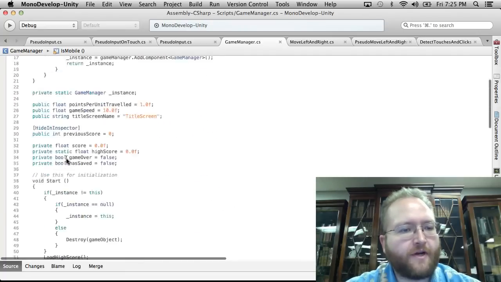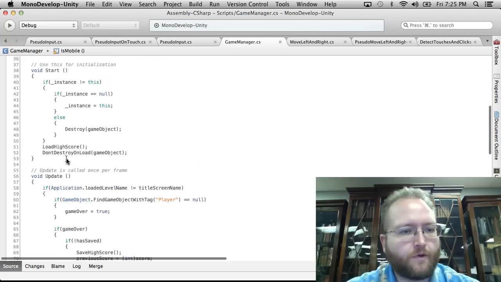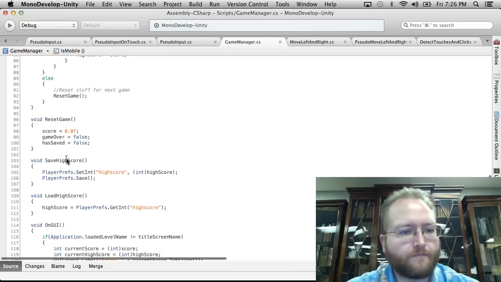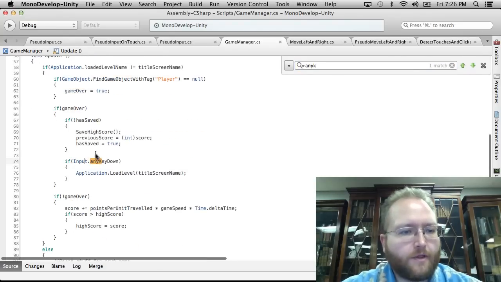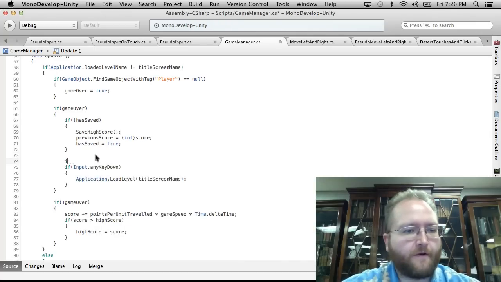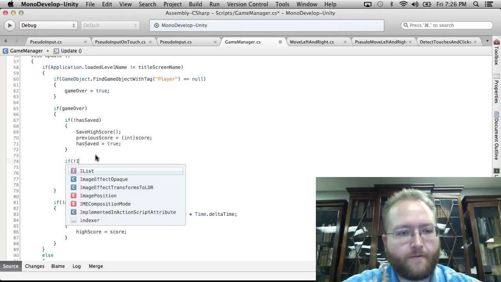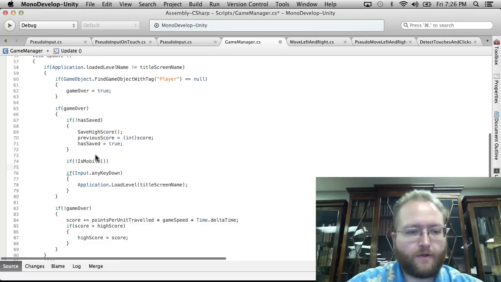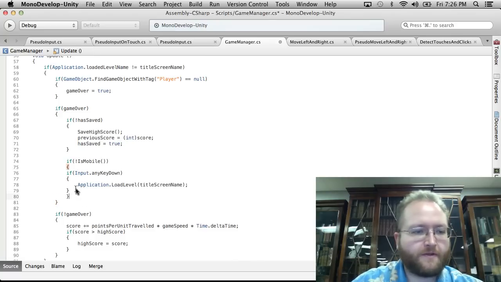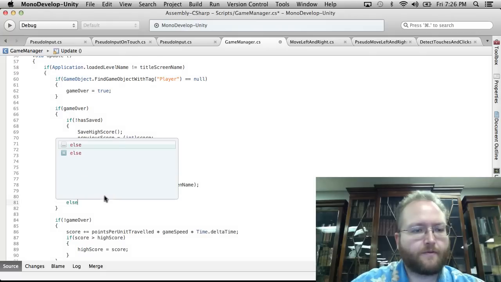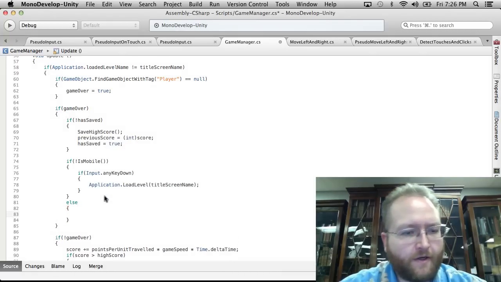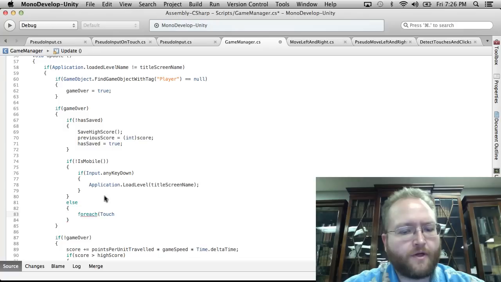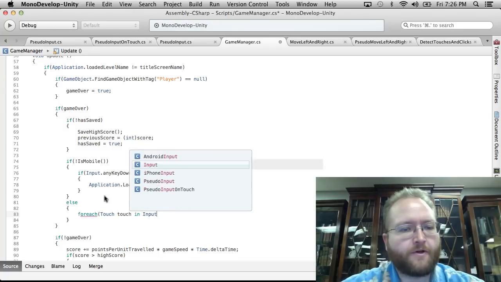And now we can just do in here. Where did we have this before? Any key. There we go. So we'll do if not is mobile. If not is mobile, then we do this. Else we say for each touch in input dot touches